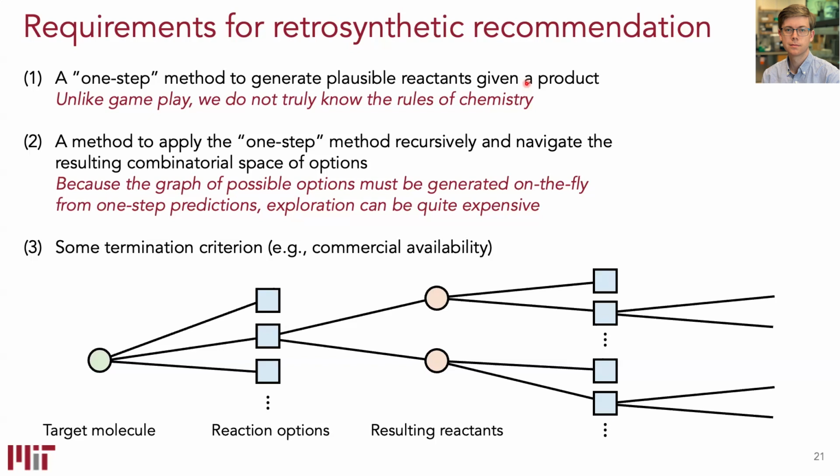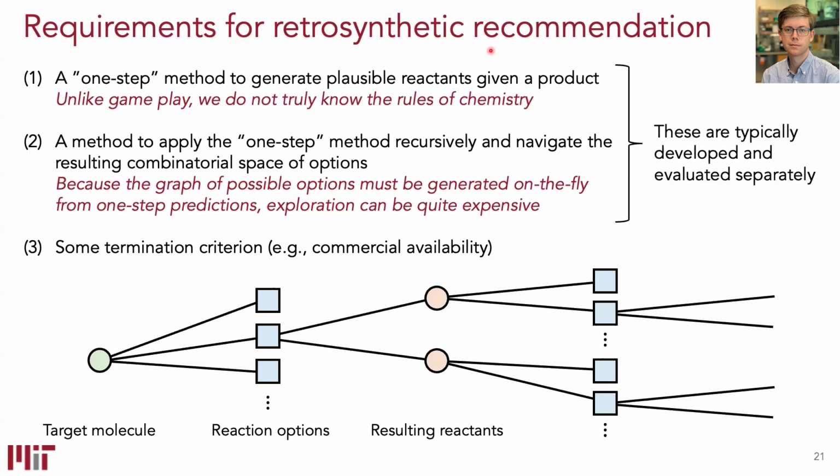Of course, we need to know when to stop. So we need to have a database that says, you found something commercially available, now we can stop. And so there's a lot of research being done in the field trying to improve our ability to map out these hypothetical chemical reactions and do this search process, right? Do this multi-step search process.